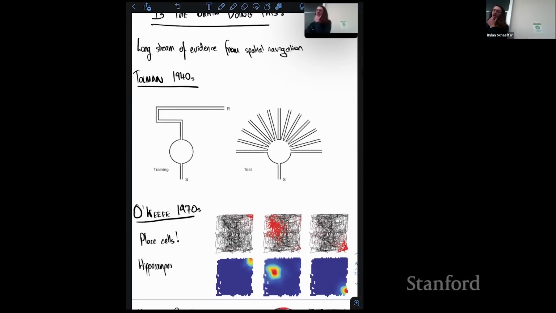And then a series of neural discoveries about the basis of this. John O'Keefe stuck an electrode in the hippocampus, which is a brain area we'll talk more about, and found these things called place cells. What I'm plotting here is each of these columns is a single neuron, and the mouse or rat, I can't remember, is running around a square environment. The black lines are the path the rodent traces out through time, and you put a red dot down every time you see this individual neuron spike. The bottom plot is just a smooth version of that spike rate, the firing rate, which you can think of as like the activity of a neuron in a neural network. That's the analogy that people usually draw.